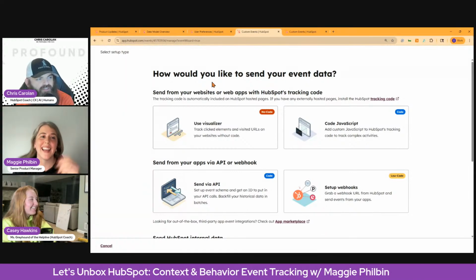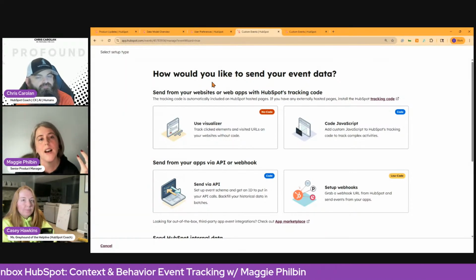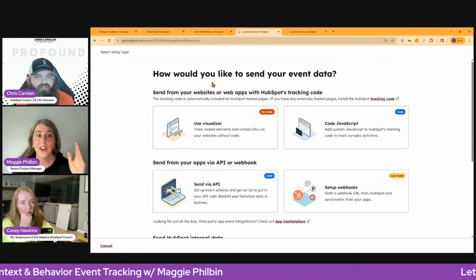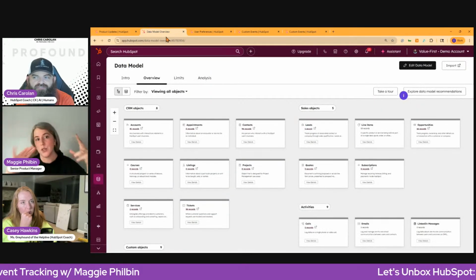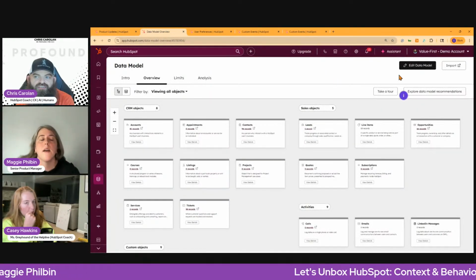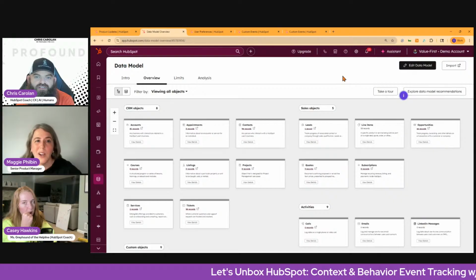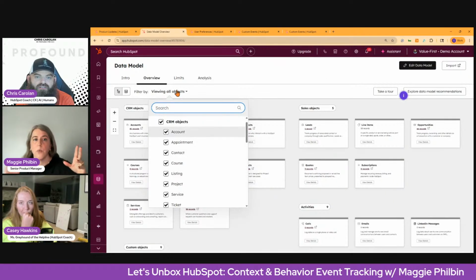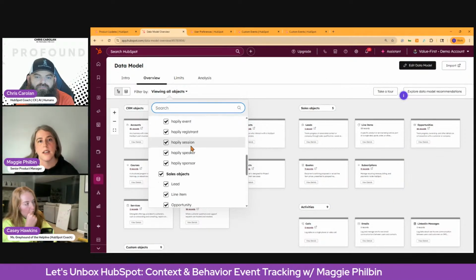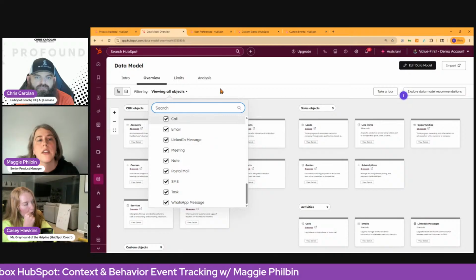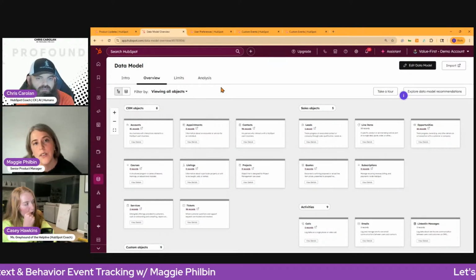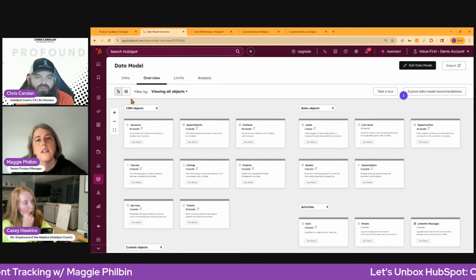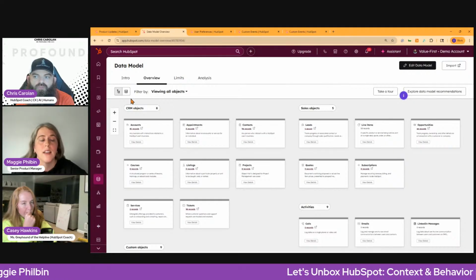We're working on getting events into the data model overview. I don't have a date, it won't happen on Tuesday, but that's coming in short order. The idea being you can then actually see what kinds of events HubSpot is generating for me and where I need to fill in with tools across my tech stack. So right now the data model overview does not include event data. We're working with that team to expand it to be more inclusive of the whole data model.